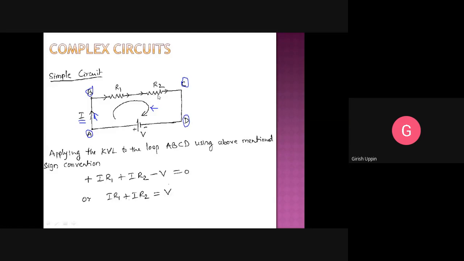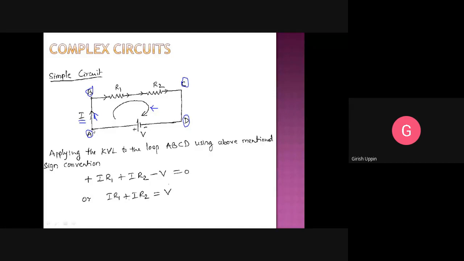Then I come to the next resistor. This is the direction of tracing and this is the direction of the current. Both are in the same direction, so again plus voltage drop. What would be the voltage drop across this resistor? I into R2. Then I will start tracing further. C, D, no elements are there. Then I come across the negative plate of the EMF source. When I come across the negative plate, I take this voltage as minus. So minus V. And then we come back to the point where we started.